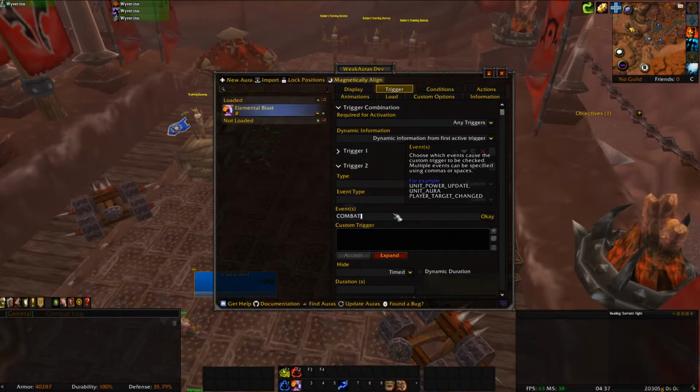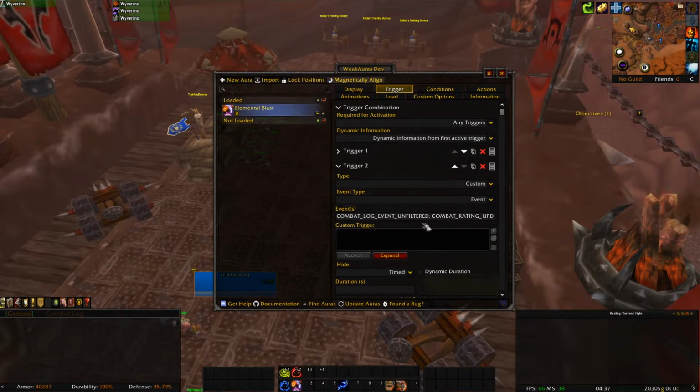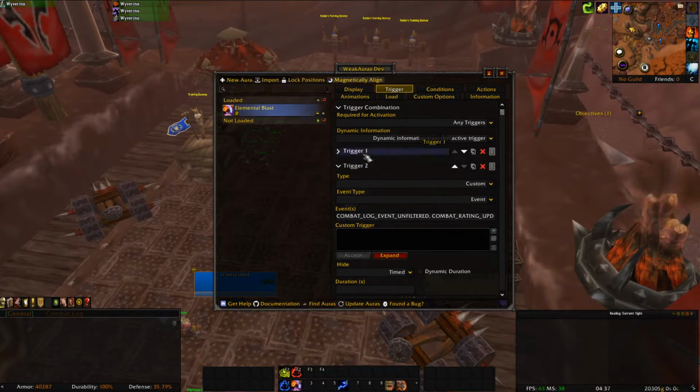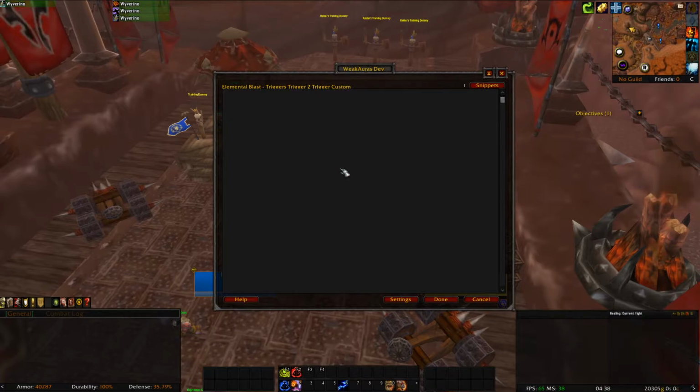So it's COMBAT_LOG_EVENT_UNFILTERED, and by now we know a lot about this event, right? And another one, COMBAT_RATING_UPDATE. So these are the two events that we're gonna check, and there's no timing, there's nothing. The timing is essentially gonna be from trigger one. But here in the trigger, let's actually start a function and start importing